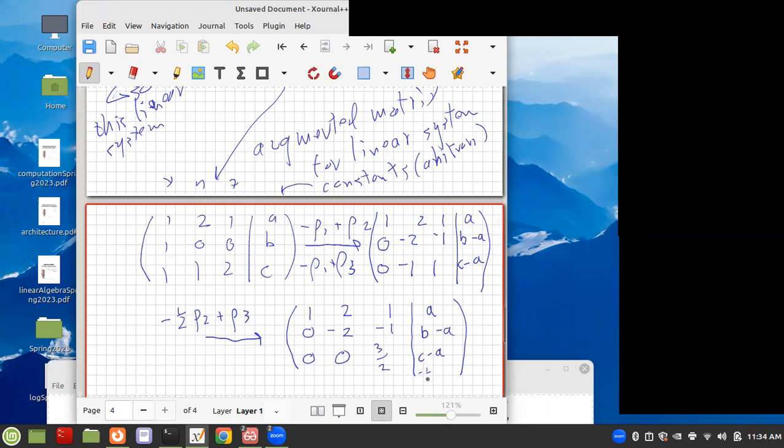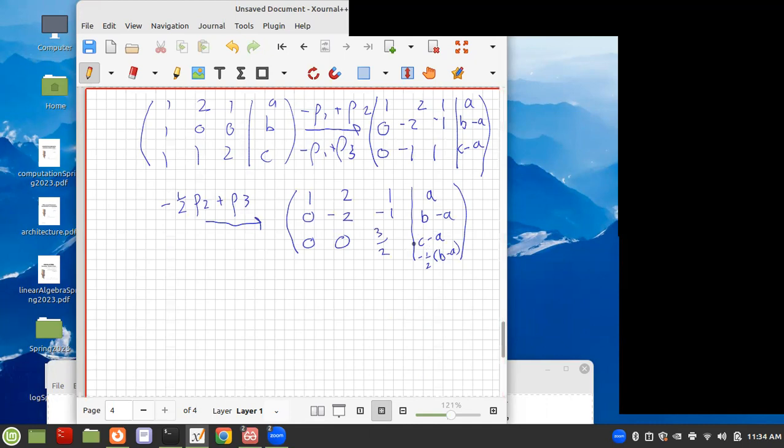We have minus 1 half B minus A, which is awkward because it's getting unwieldy. So you'd usually want to leave more space here. But we can see right away that there is one solution here, right? Because all three variables are leading, X, Y, and Z. What that means is, for example, let's look just at the last one. That means the equation is 3/2